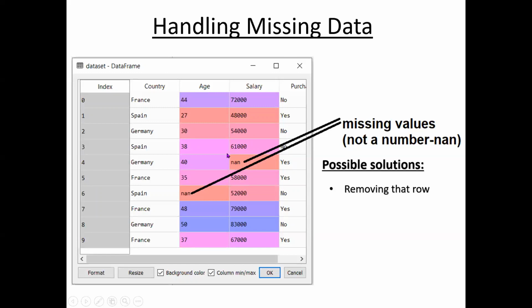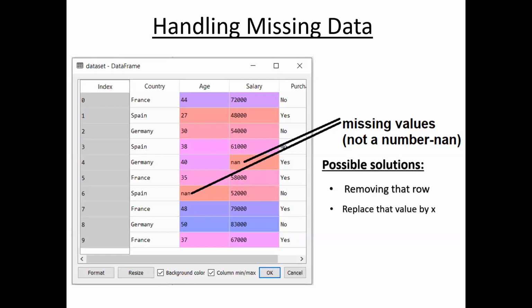So if only one column has a NaN value, you are removing 3 columns with the correct data. And if you consider a bigger data set, for example 1,000 rows or 10,000 rows, say 10% of 1,000, about 100 rows with NaNs or missing values are there. If you remove them, you may lose other information, because the other columns' data is correct. So this is not a good solution actually, but you can remove it. This is also one solution. What are the other possibilities?